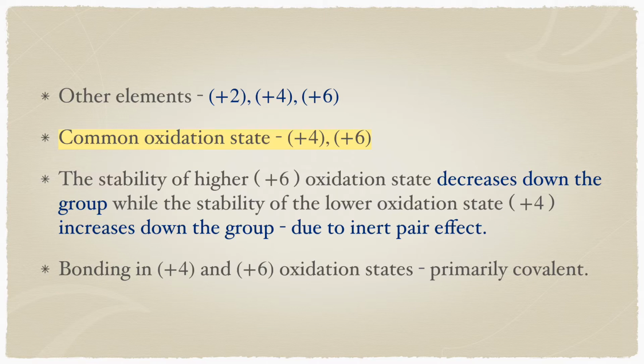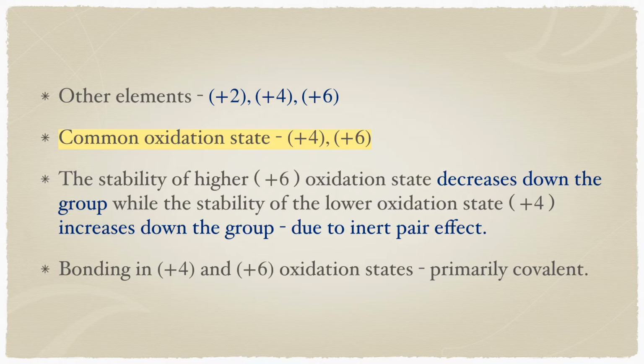As a result, these orbitals have a poor shielding effect. As a result, the nuclear charge felt by the last electrons will be more. That means down the group they will hold on to the ns2 electrons. As a result, the +4 oxidation state will be more stable there. So hopefully it is understood what the inert pair effect is. So always, in the oxidation state, the stability is more for the lower one, and the reason behind that will always be the inert pair effect. Next, the bonding in +4 and +6 oxidation states is primarily covalent.